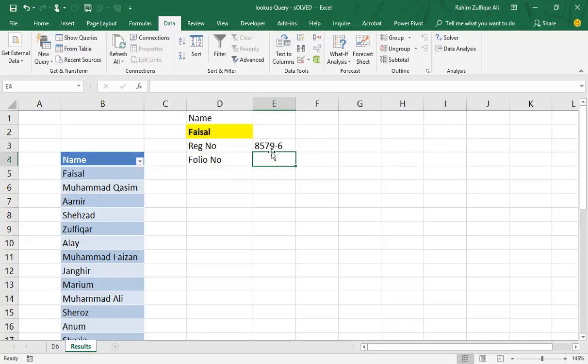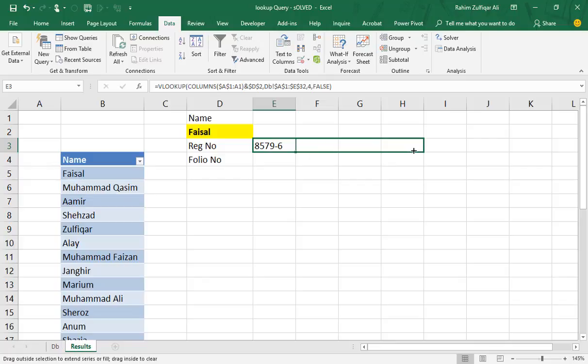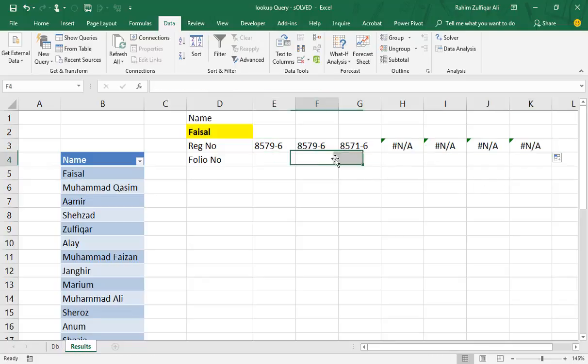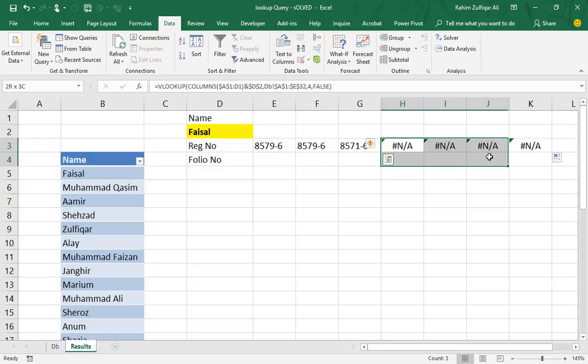So we got the registration number, Faisal's first registration number, and we will drag this rightwards, for example till column K. So we got to know that Faisal has 3 registration numbers, 2 are repeating and 1 is unique, and in the database Faisal has only 3 registration numbers, not more than 3.